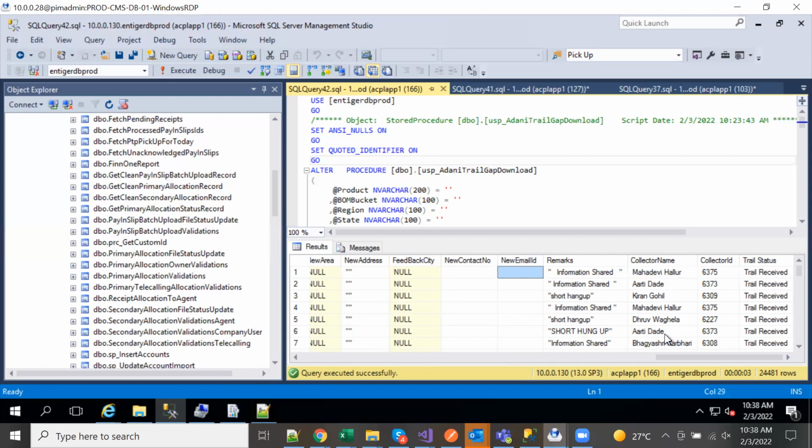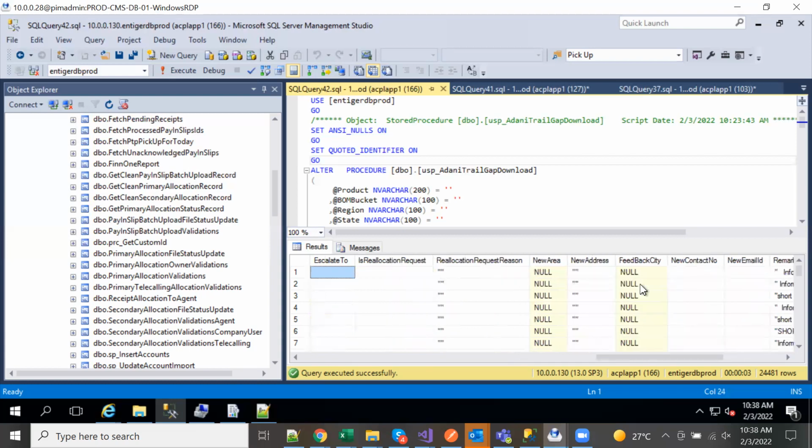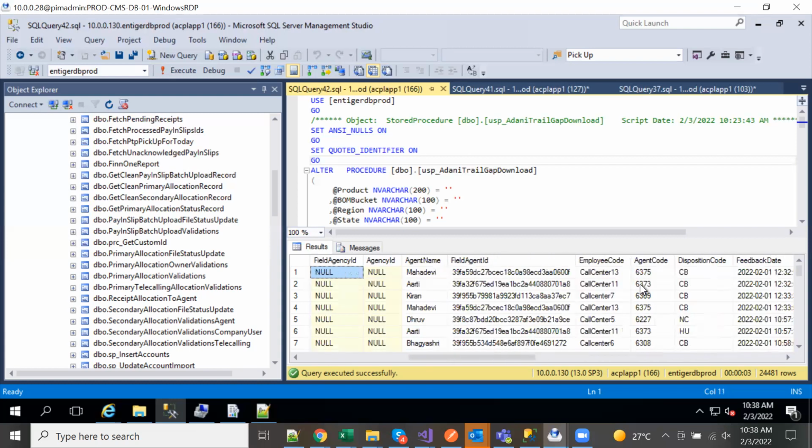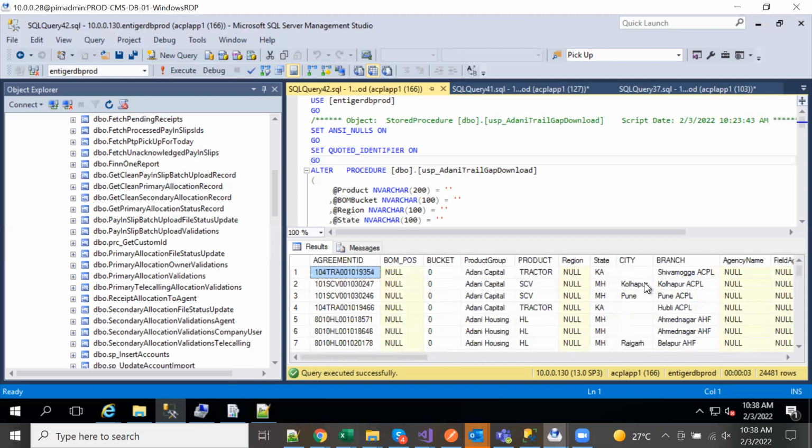I've seen it in Axion, I've seen it in Adani, and I've seen it in a few more clients. So while you are doing development or testing, if you notice that certain columns are not getting populated, please ensure that it is done and whatever is required is done, so that these very minute issues don't impact the reporting in a big way.